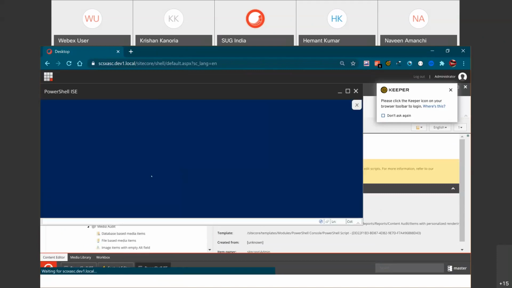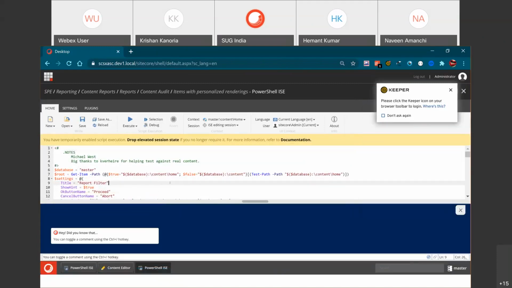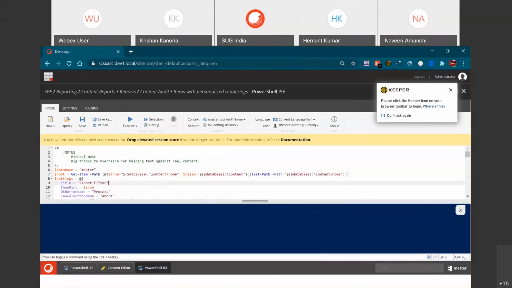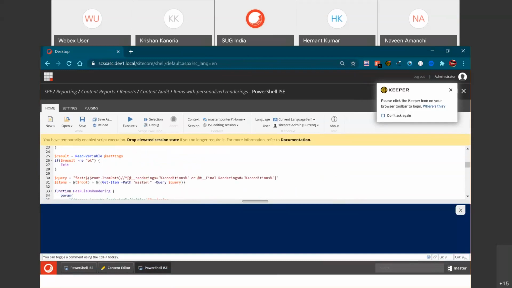When you click on that, it will actually open this particular ISE with that specific script. The complete script is there itself. So you can do your custom logic, or if you want to enhance this particular script, you can always do this. For example, here we are doing a query, and under the hood, this particular PowerShell uses either the fast query Sitecore API, or it also reads your indexes, the default Sitecore master web indexes. So that is the compatibility it gives you.